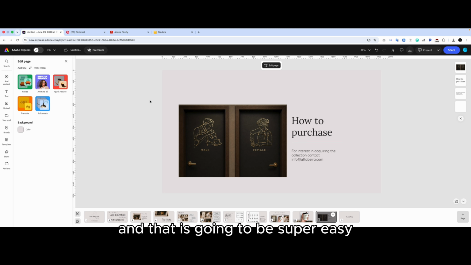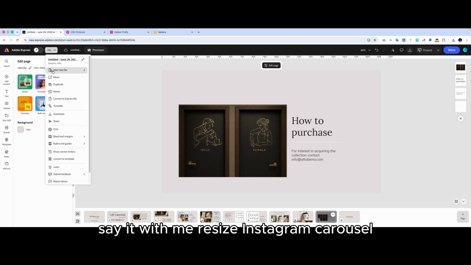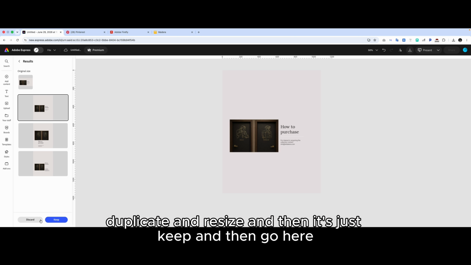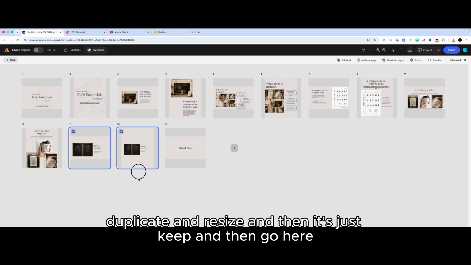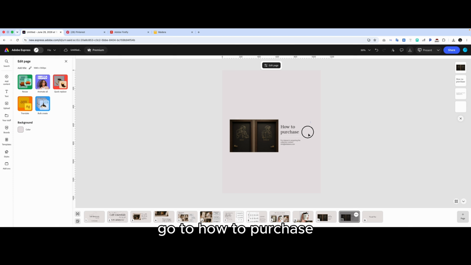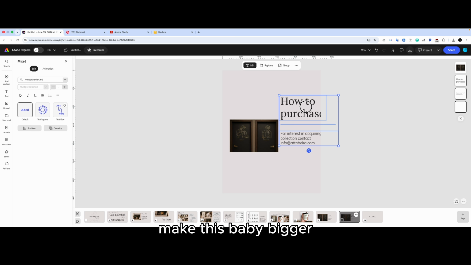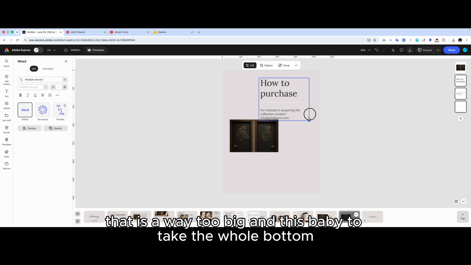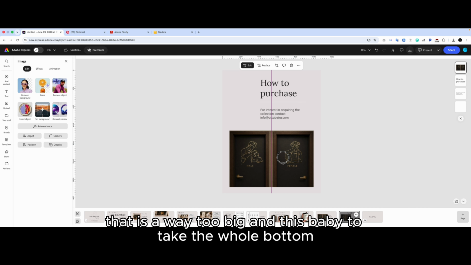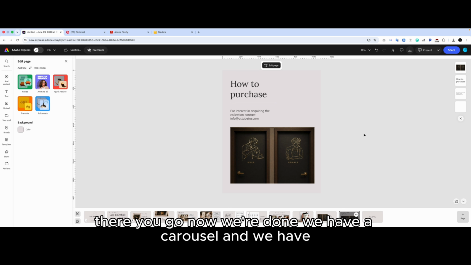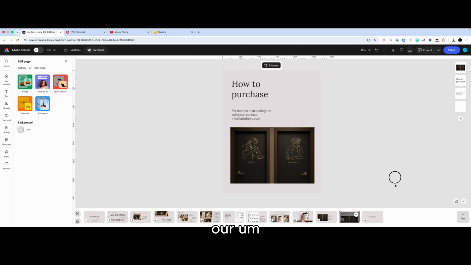And that is going to be super easy. Say it with me. Resize, Instagram carousel, duplicate and resize. And then it's just keep. And then go here, go to how to purchase, make this baby bigger. That is way too big. And this baby to take the whole bottom. There you go. Now we're done. We have a carousel and we have our